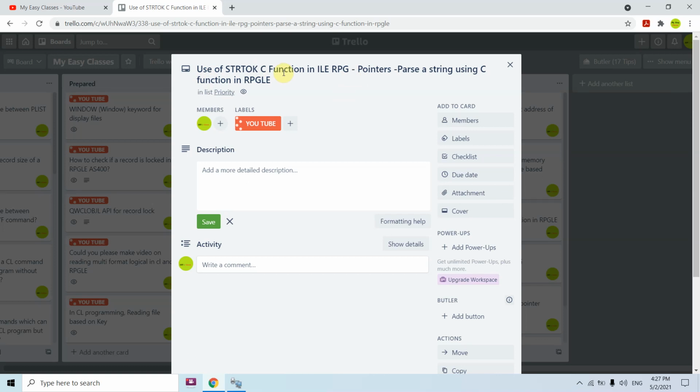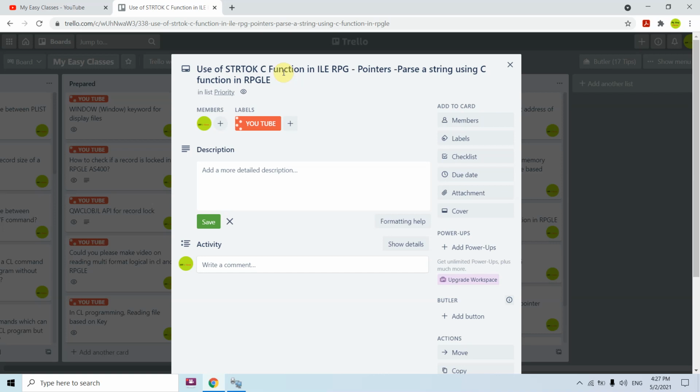For example, if you have a string which has spaces in between the words, or the words are separated by commas, and you want those words to be retrieved, then in your RPGLE program you need to pass that string first, and then you will be able to retrieve all the tokens.